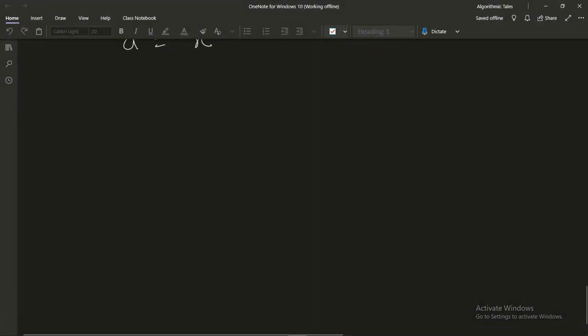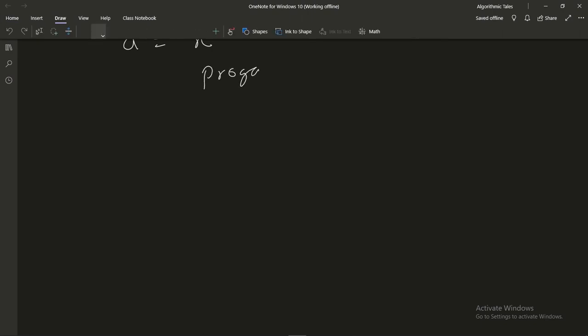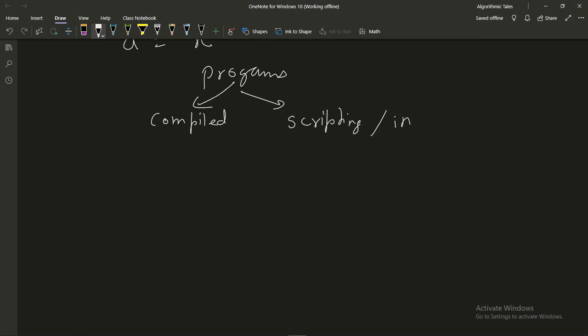So there are two kinds of programs basically: compiled programs, and then there are scripting or interpreted programs, right? The difference between compiled and interpreted programs lies in how the underlying machine is going to